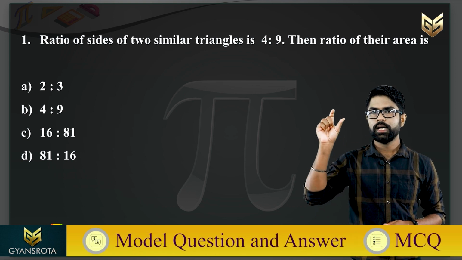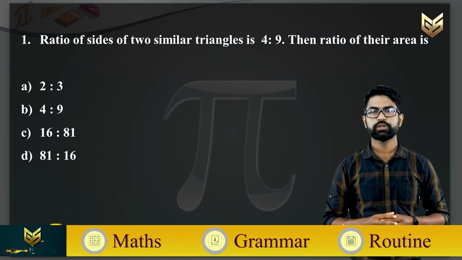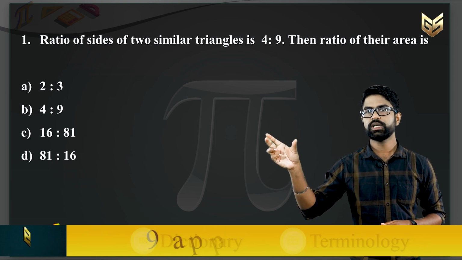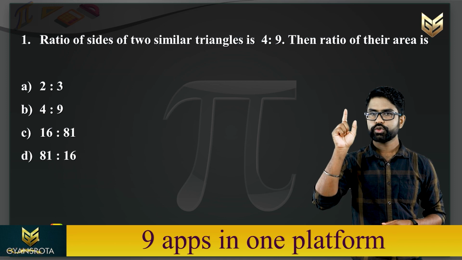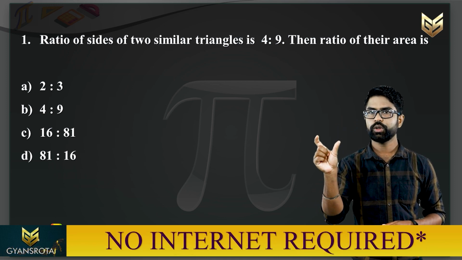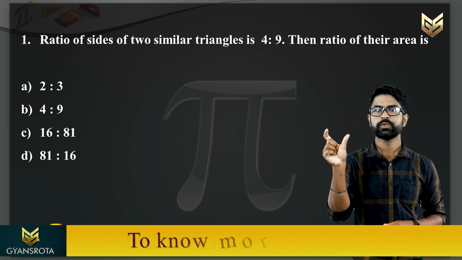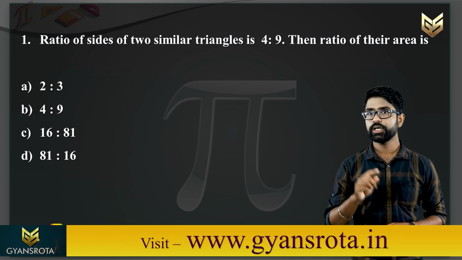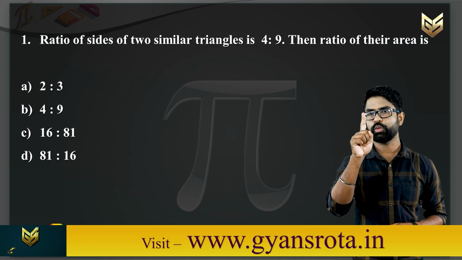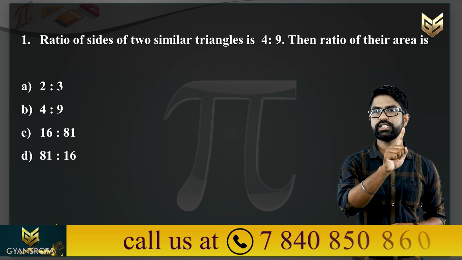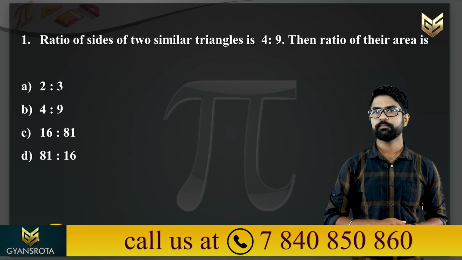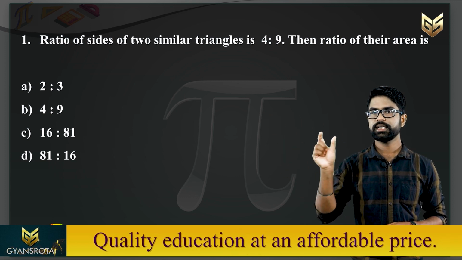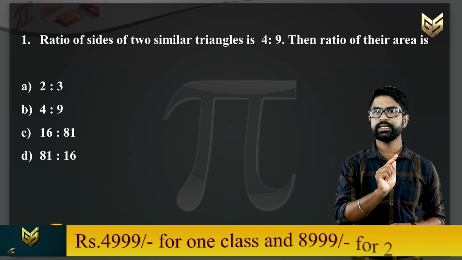4:9 or 4/9. Now according to the theorem we know that the ratio of the areas of two similar triangles is equal to the square of the ratio of their sides. So the ratio of their sides is given how much? 4/9. So (4/9) squared, that means how much? 16/81. So the ratio of their areas is equal to 16/81